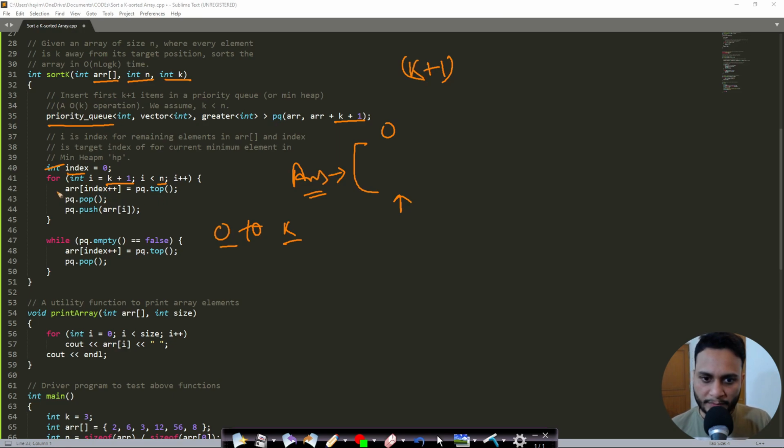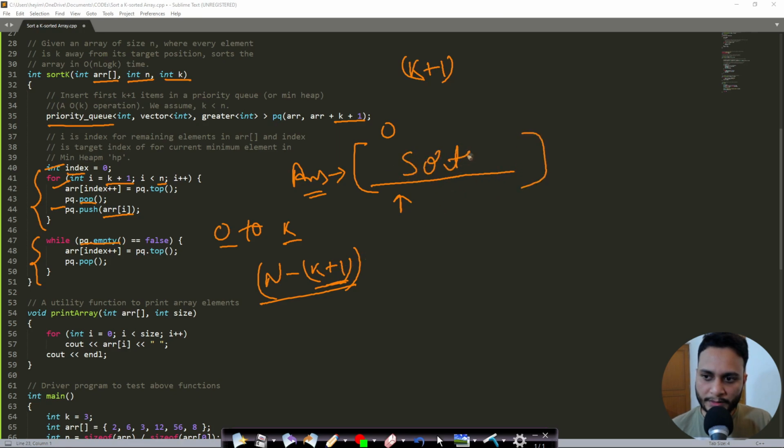And I have shown you that we will first take out the top element, pop it, and again push the current element into the heap. We will repeat it for n minus k plus 1 times. Okay. So after doing these operations, n minus k plus 1 elements will be present in our array, and the last k plus 1 elements can directly be popped until the heap is empty, and so we will get this entire answer vector which will be sorted. Okay. So I have shown you how to sort in ascending order. In order to sort in ascending order, we had taken a min heap. Okay. So if you are given a k sorted array and you are asked to sort in descending order, then you will have to use a max heap.